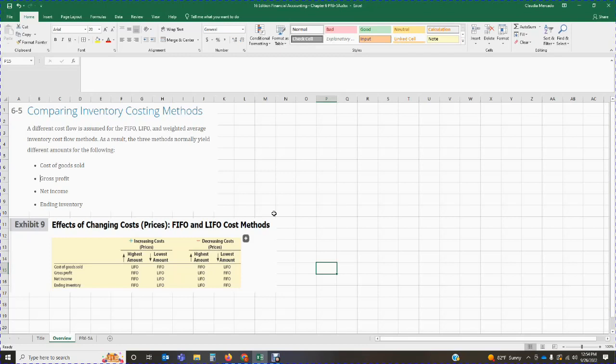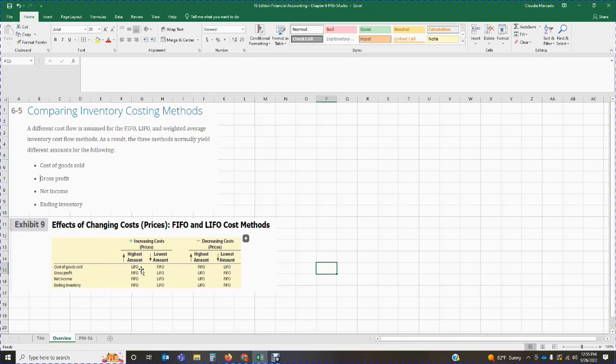Now, it is important that we know the effects of the changes in prices, if the prices increase or decrease, how that affects the FIFO and LIFO cost methods, okay? In your textbook, you have Exhibit 9, which basically outlines in a very easy to understand format what happens if we have increasing cost or decreasing cost, okay? So, for our cost of goods sold, that is how much we pay for the goods that we are reselling, okay? If we have increasing cost,